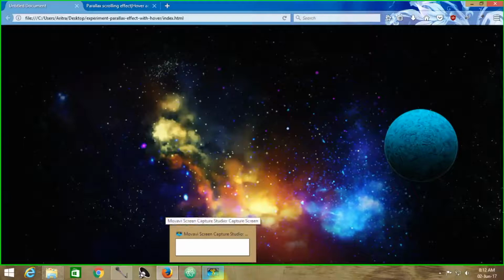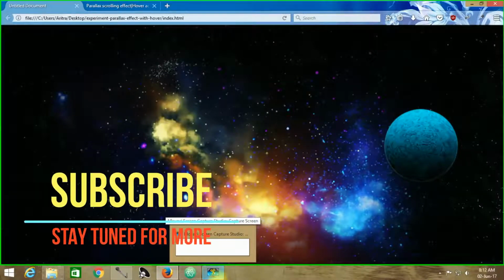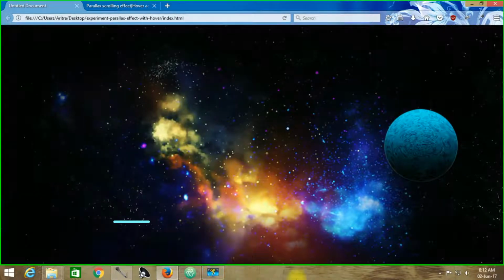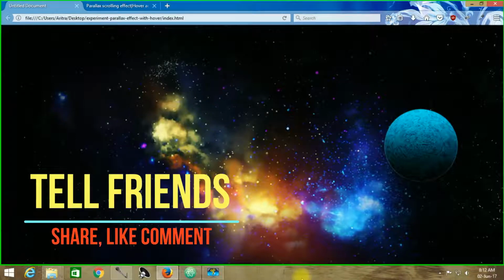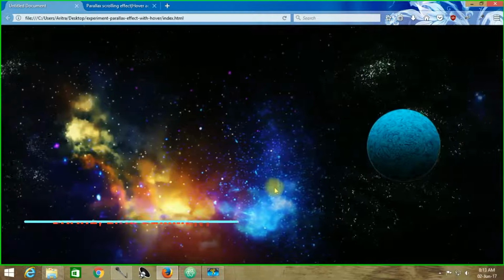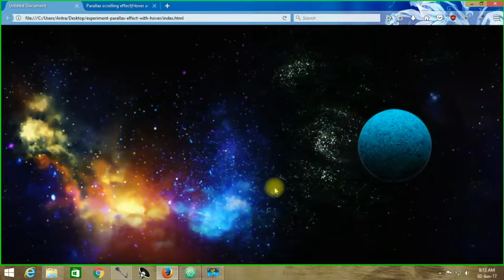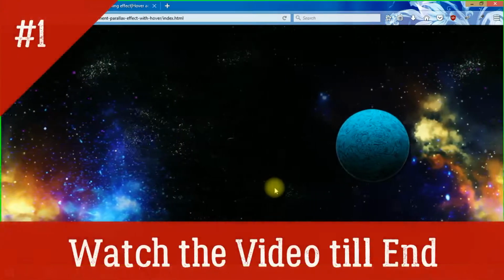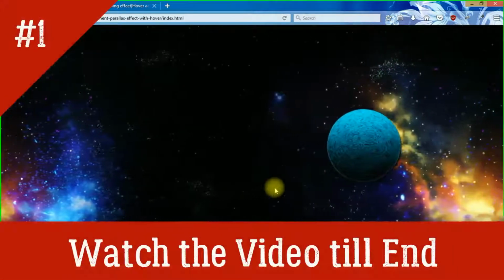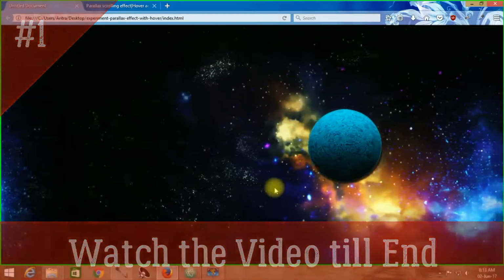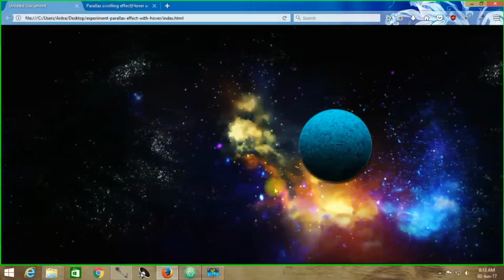In this tutorial, we are practically going to learn about sliding parallax effect on background within an HTML page. That means in this case, if we move our cursor into this HTML page, we can see that this whole background has started to shift towards left and everything is going at a different speed, providing an additional 3D effect. So this is what we are going to learn about today.